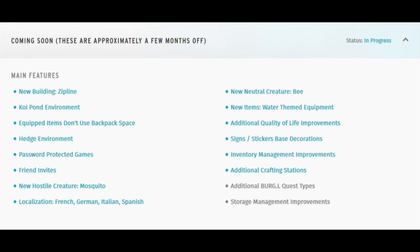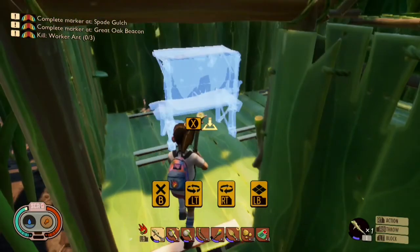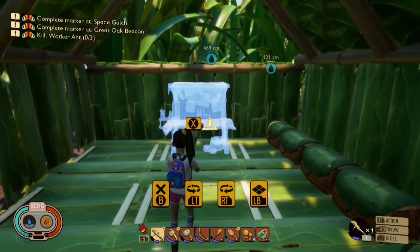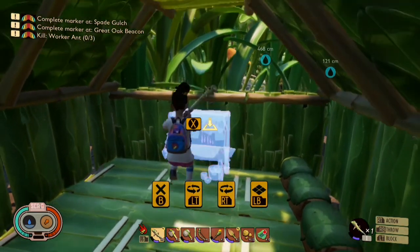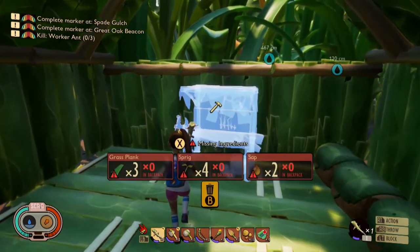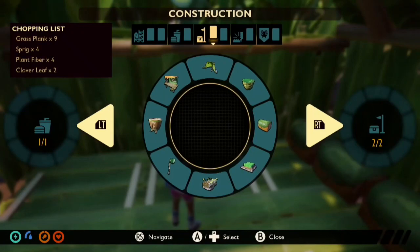Now, what this means is for all you base builder people that I see on Twitter freaking out when your base gets destroyed by an update. Do not build there. Do not build in the hedge right now, okay? They are going to change the hedge in the future. They are going to maybe lift the terrain, maybe lower the terrain, maybe add more branches. Who knows? But if you build your base there, there's a chance that after they do update the hedge, you